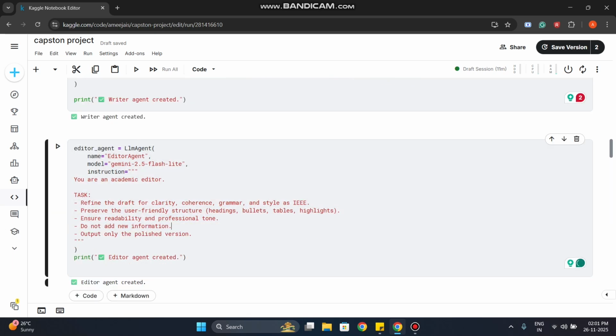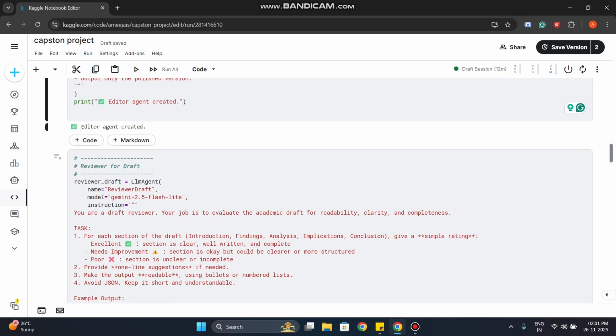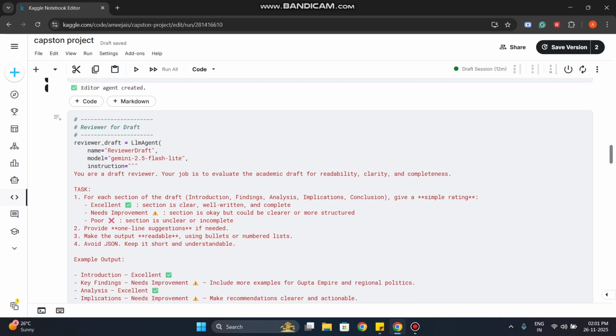When you're writing a research paper, it also requires a format. So you can see here, we're giving the IEEE style, and we are giving grammar checks, coherence, and clarity, preserving user-friendly structures, headings, bullet points, tables, highlights, and then ensuring readability and professional tone. So we are giving these instructions to the AI agents. We're using the same model which we used before. And then after the editor has done its work,